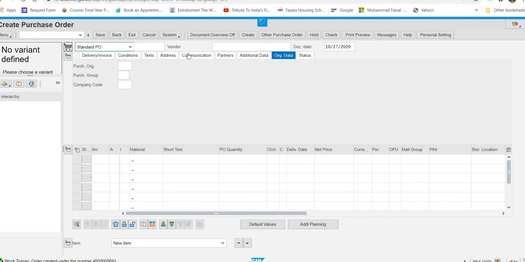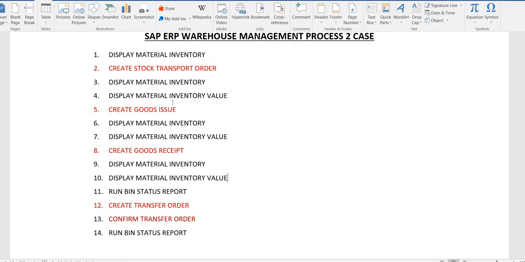Now what we have to do, I'll go back from here. Now we are going to perform other steps like display material inventory and then display material inventory value. So let's go to display material inventory.